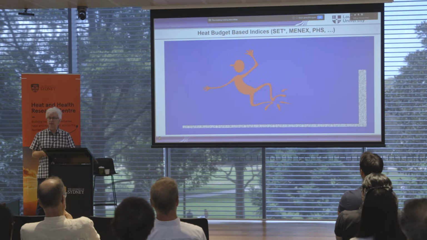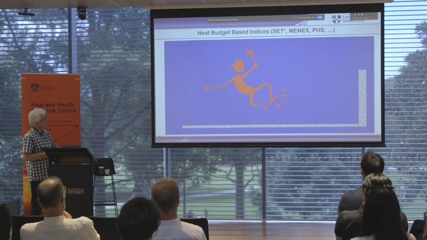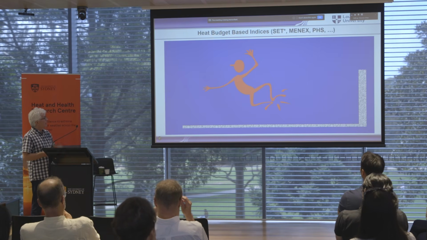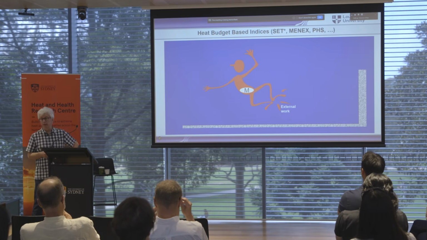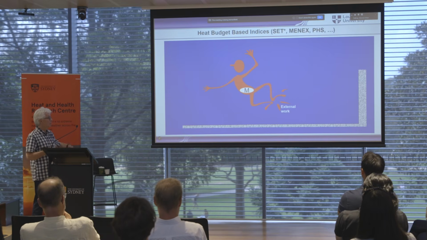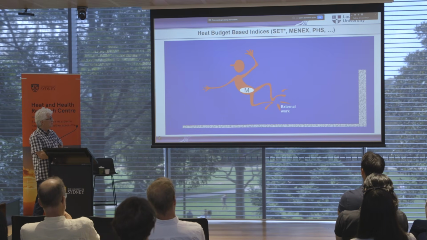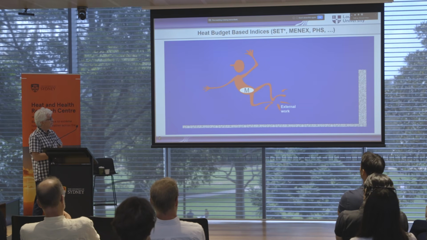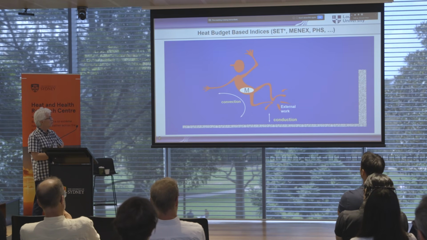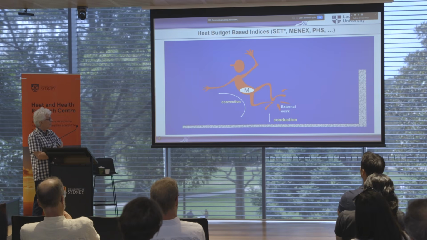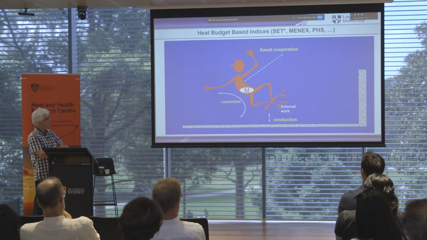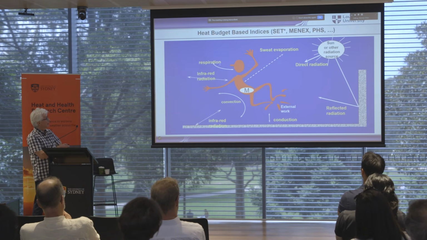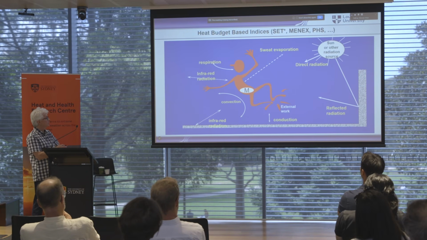I'm not sure you're familiar with the heat balance, so I'll jump through this quite quickly. I have this chap here who is doing some work, and because of the work, or because of living in general, is generating heat, metabolic heat. If there were no heat loss, the person would warm up. So we need to lose the heat, which you can lose by conduction, by convection of air around us. Sweat evaporation is really important. The air we breathe in is usually cooler than what we breathe out, and usually drier. And then you have infrared radiation from the environment.